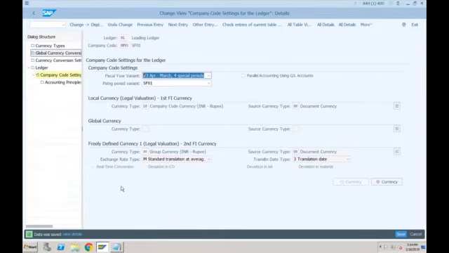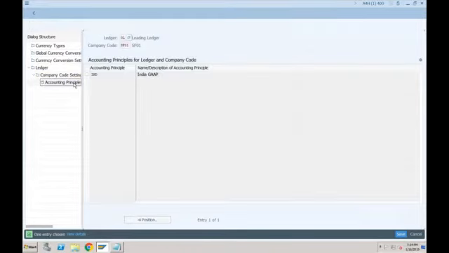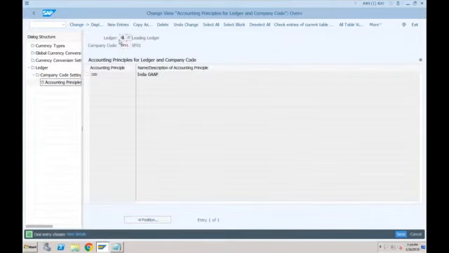Okay, so any question till now? And last thing, I've shown you accounting principles. Which means if you are creating your ledger, you have to specify which accounting principle this ledger represents. So what we are telling the system is 0L means India GAAP, IF means IFRS. Okay, so if I want to know the IFRS reporting, the system will know that if you are looking for IFRS reporting, you should go for ledger IF. And if you are looking for India GAAP reporting, you should go to ledger 0L.